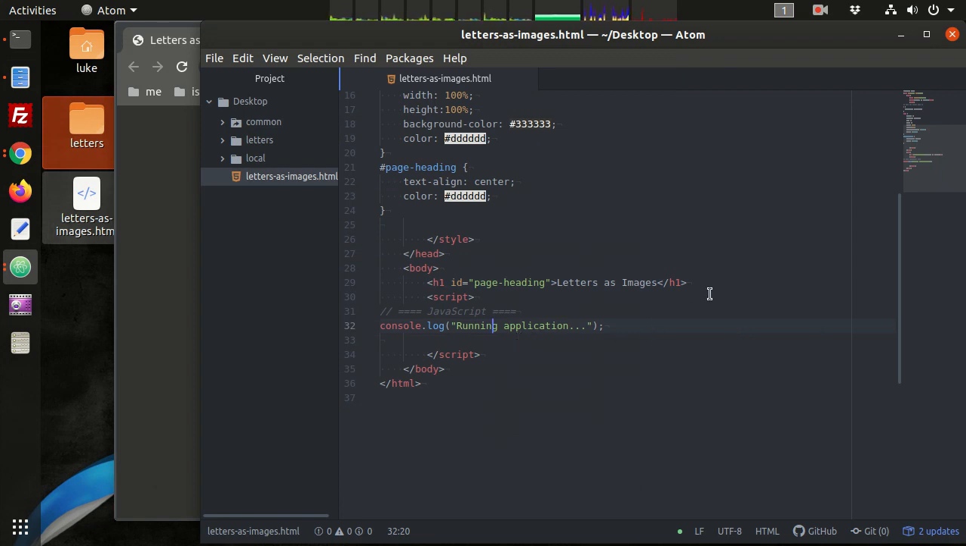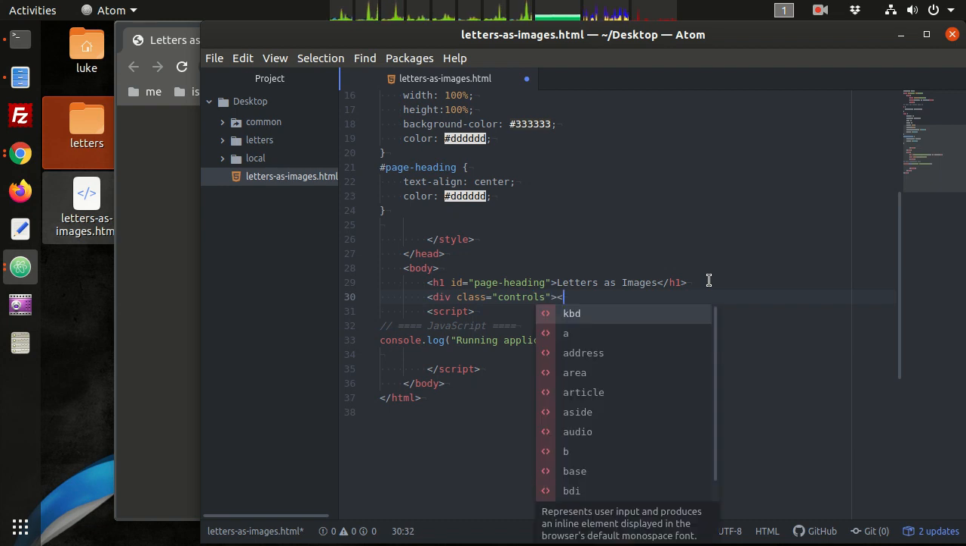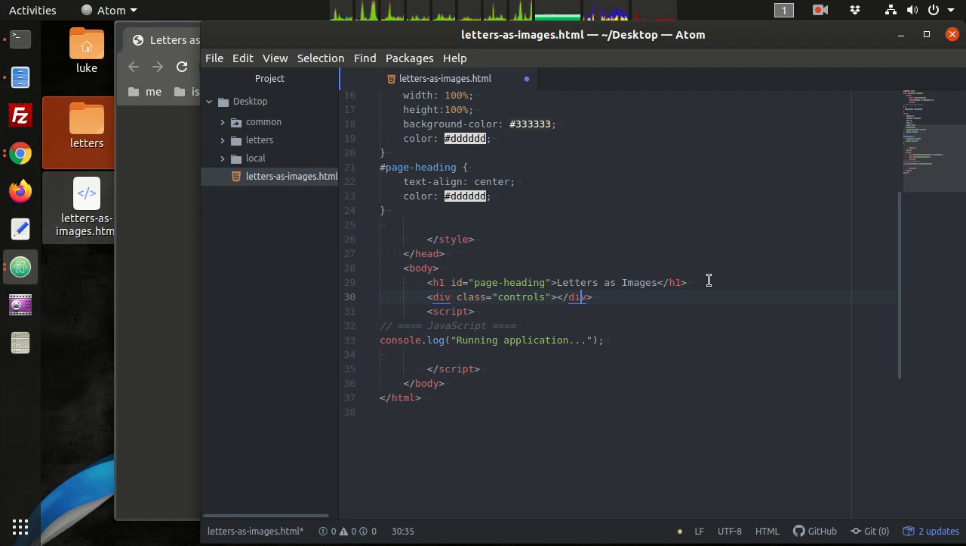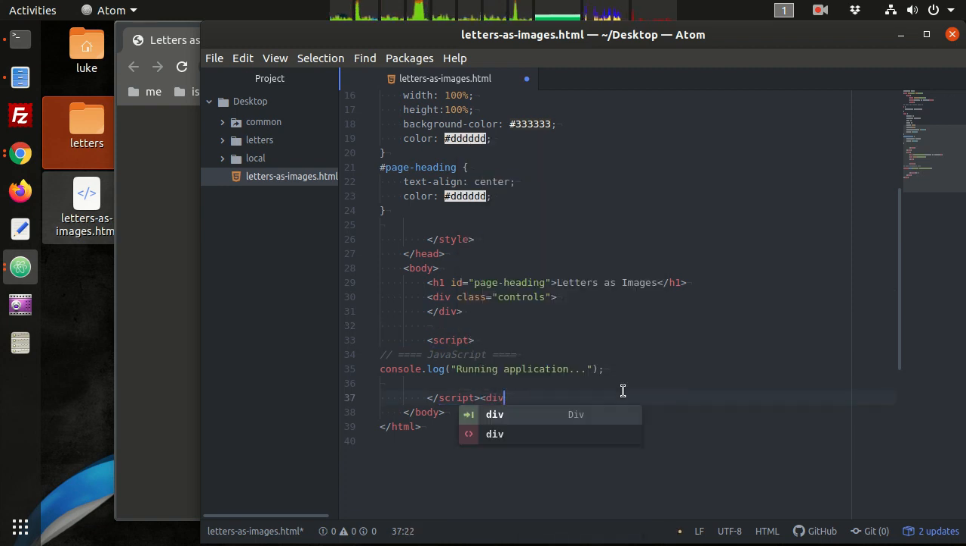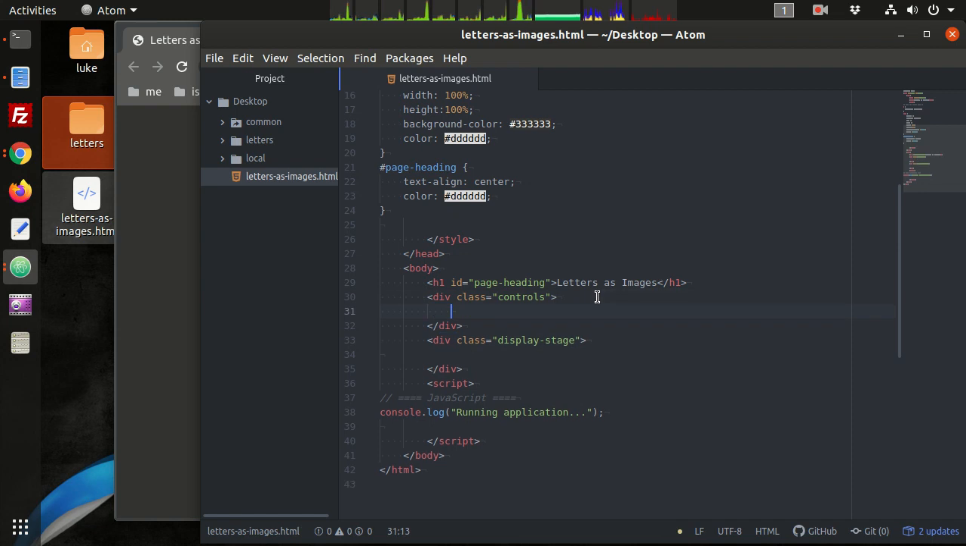All right. So first, let's make the divs. We're going to need a div for the controls. And then we're going to need a div for the stage display, right? So just another div here. Oops, I'm too low there. I want to call that a display stage or stage display. Or display stage, I guess. Okay, so inside here, we're going to add our controls,